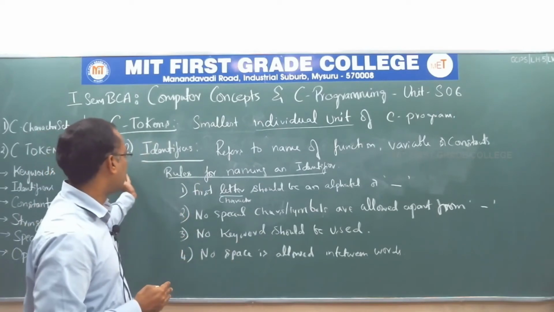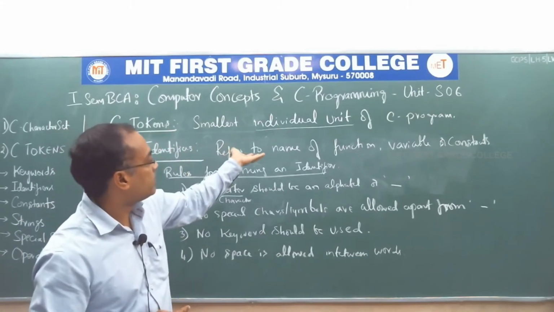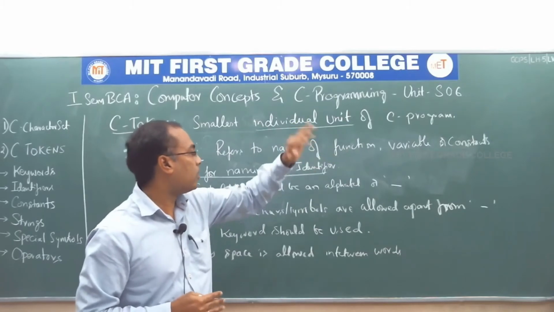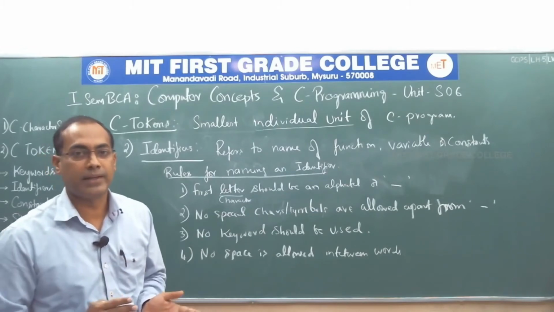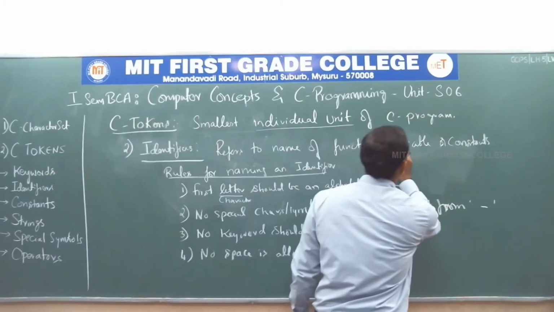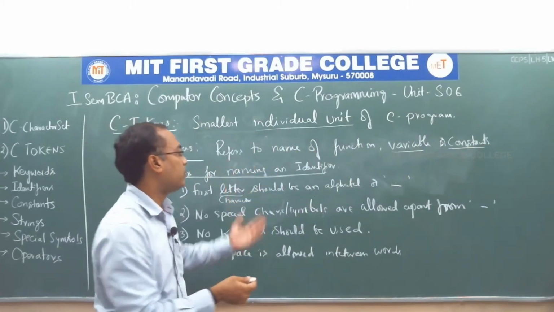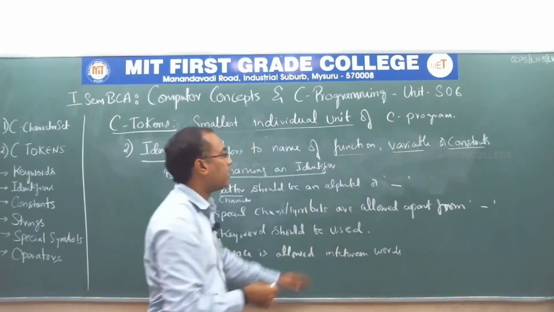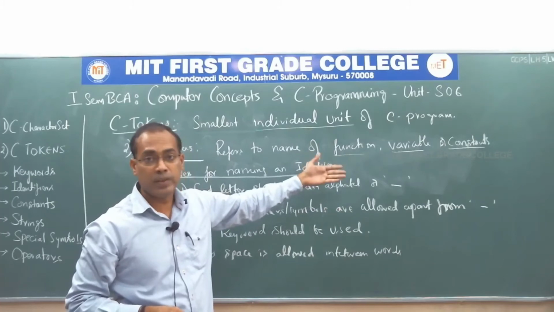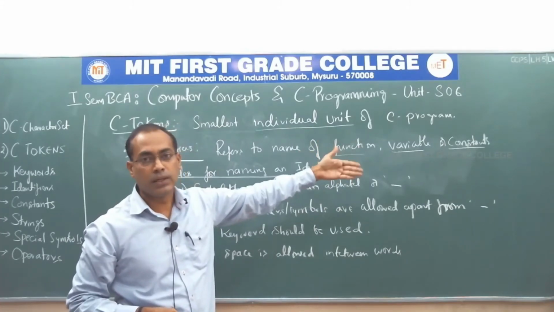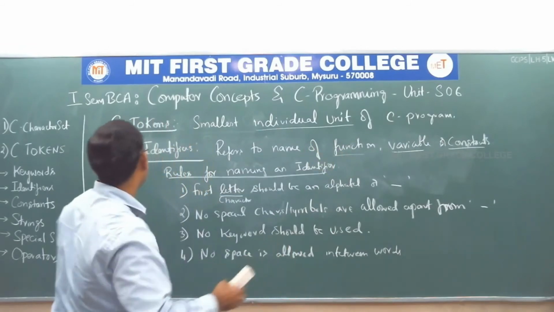I hope you have understood the concept. Identifier is a concept that refers to the name of a function, variable or constants, and there are certain rules you follow while naming an identifier. We have not yet come across what a variable or a constant is. As we move further, we will understand what function, constants and variable mean. Functions we discussed in the previous session because of modular programming. In future sessions, we are going to learn what constants, variables, etc. are.